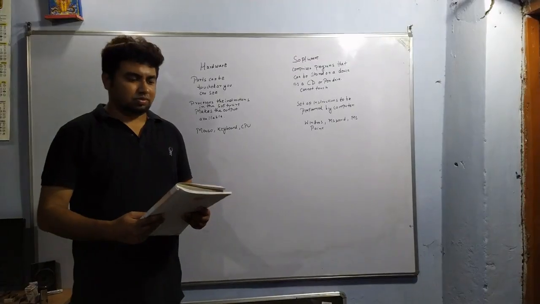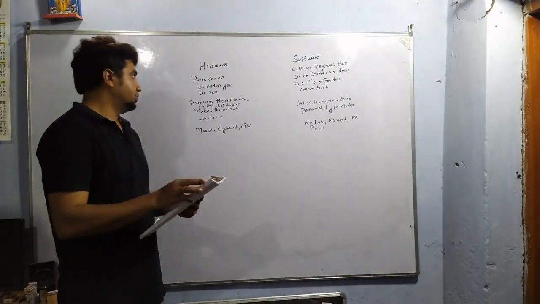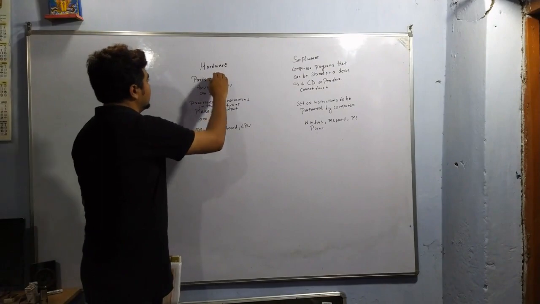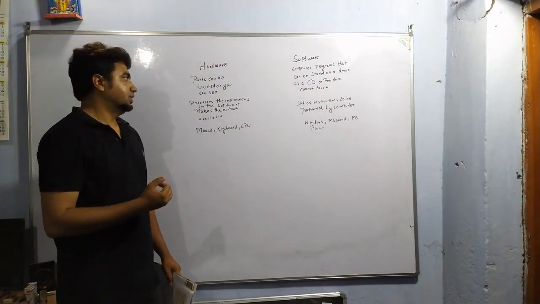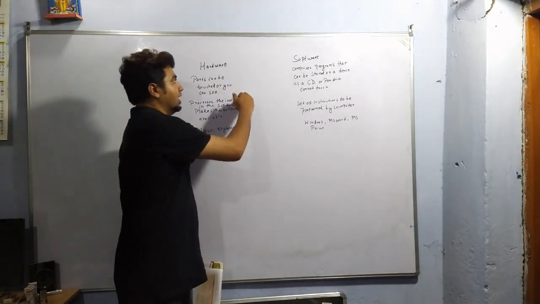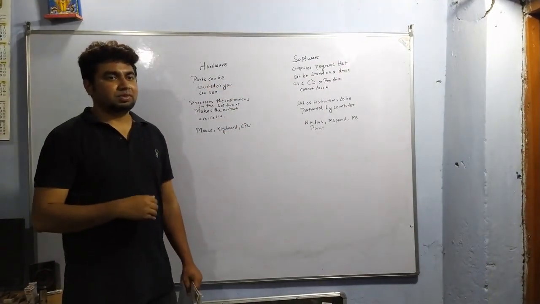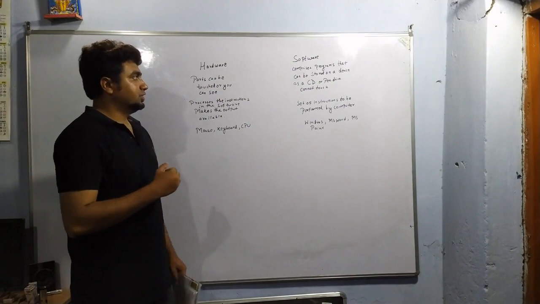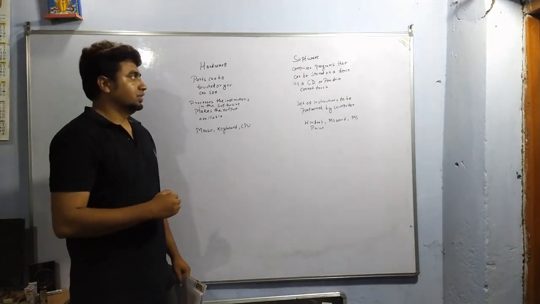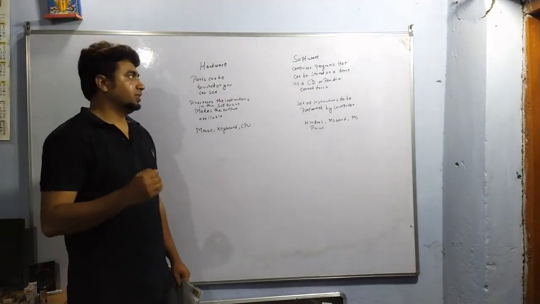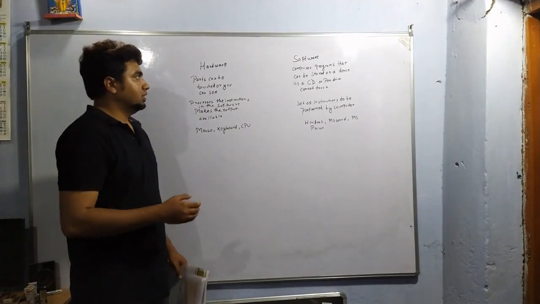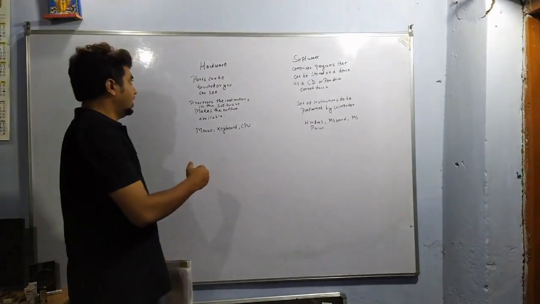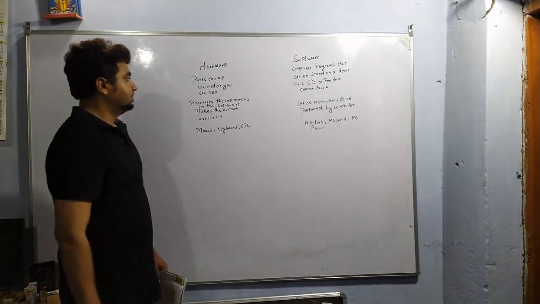Okay. Difference between hardware and software. Hardware basically comprises the parts that can be touched or that we can see. That is the definition of hardware. And software comprises the set of programs which is stored on a device such as a CD or pen drive, and it cannot be touched. So that is known as software. And hardware, you can touch or you can see.